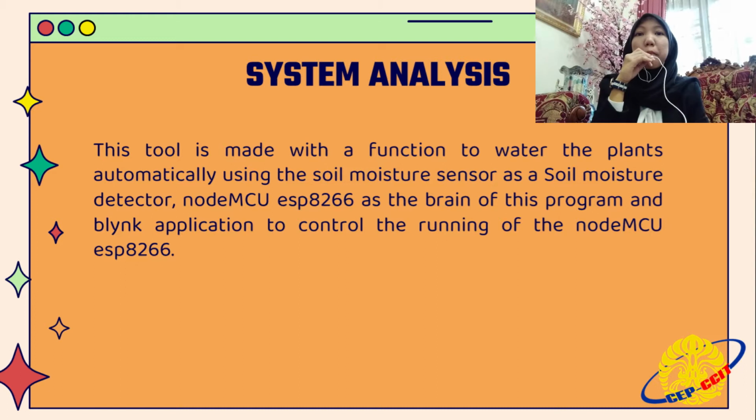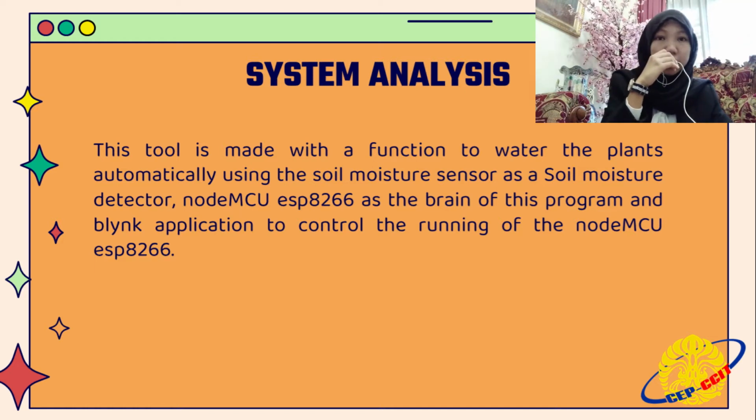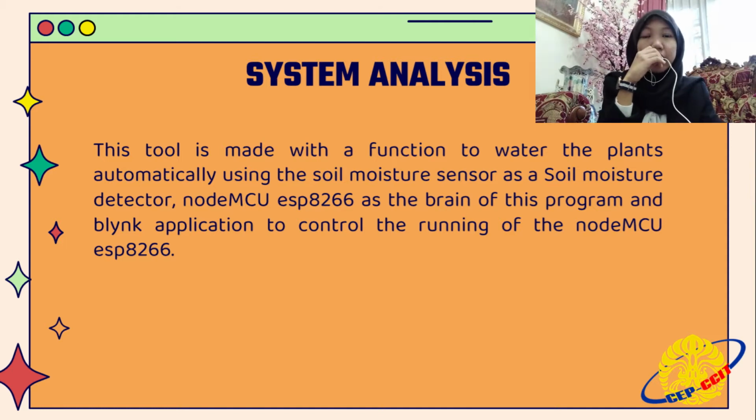System analysis. Plants are one of the living things that need water for daily development. Fertile soil is one requirement for plants to grow well. The level of fertility can be obtained by the intensity of their earth contents. However, currently humans still have difficulties in watering plants because they have to do it manually and don't see how much water the plants need. Therefore, automatic plant sprinklers were made to facilitate human work in watering plants.